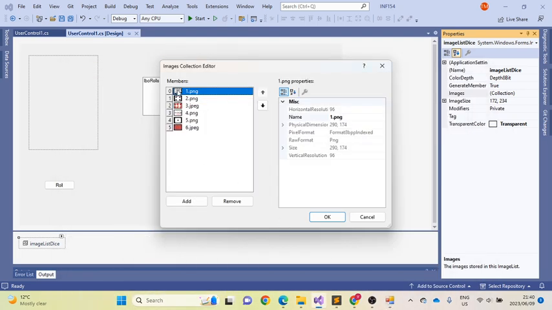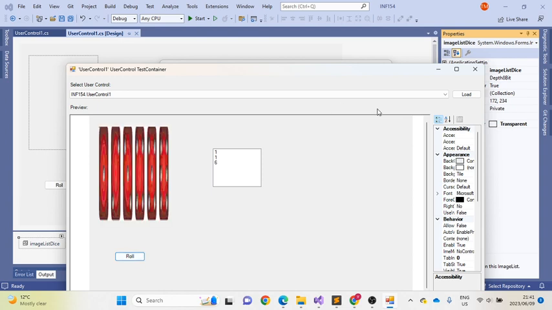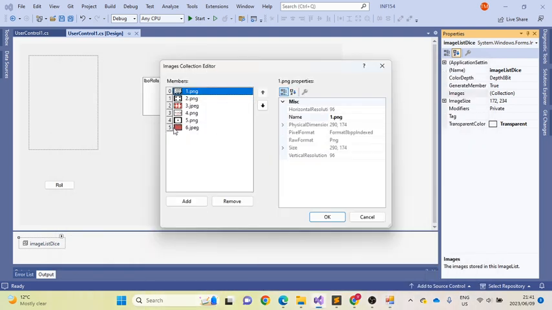Oh, it's that one. So this means the generated random image index was 0. So we added 1, which is a valid picture. So this is valid. If I say roll again, it's still 1. Now it says 6. This means it generated 5. 5 plus 1 is going to be 6. So that was the idea